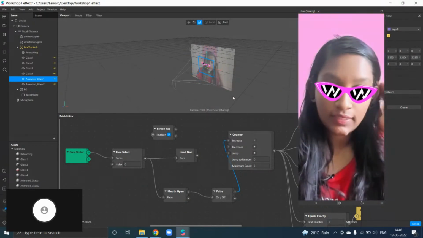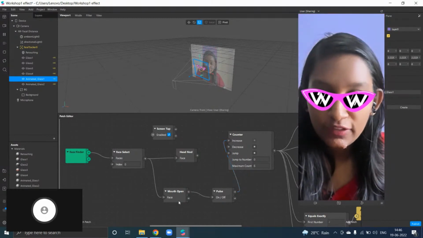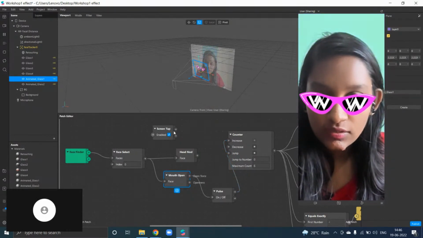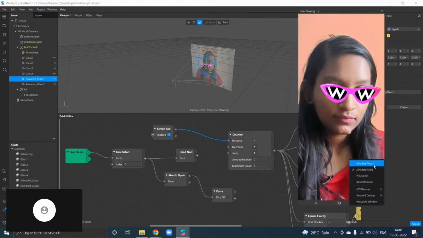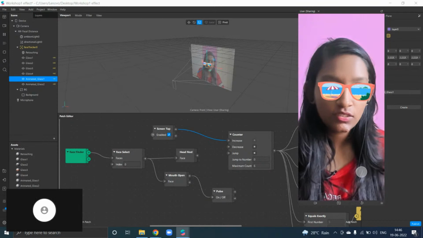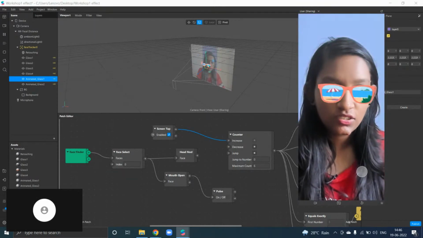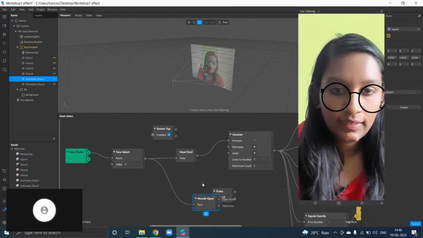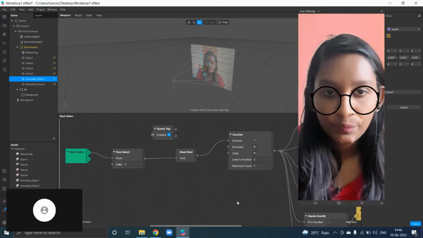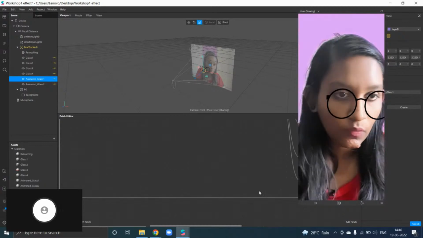Okay, this is fine now. And you can also add different interactions apart from this, or you can also add a screen tap. So you have to click on simulate touch. By touching, it will get changed. But let's keep it as head node right now, and let me disable this for a while. And now what we will do is